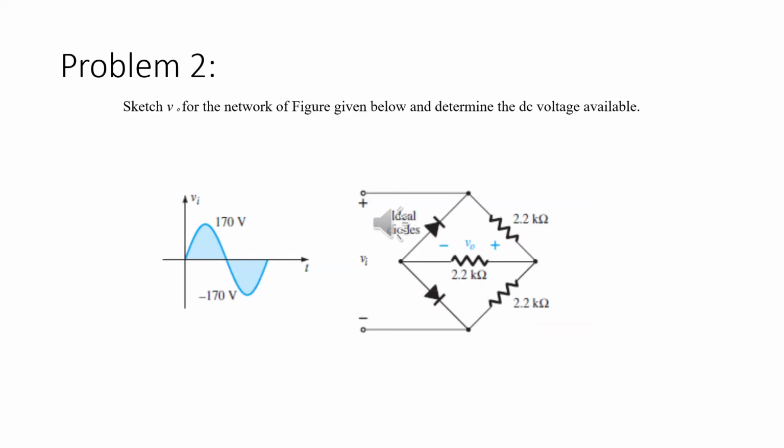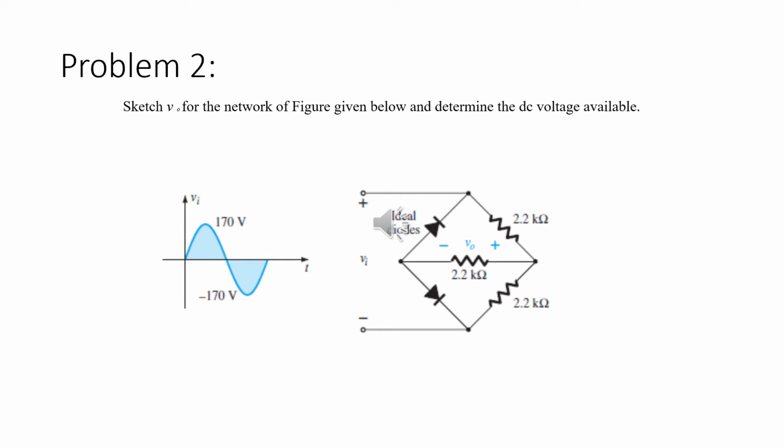We have another question from full wave rectification. We have to sketch the output waveform of the figure given below, and we need to determine the output DC voltage. Now we have the same circuit, but the difference is the position of diodes. So now the diodes are connected in the left branch, and we have resistances in the other branches. You can see the load resistor over here is connected in the center of the bridge. So this is the same circuit as the previous one with different diode positions. Over here the bridge is again constructed using two diodes only, and two resistances.